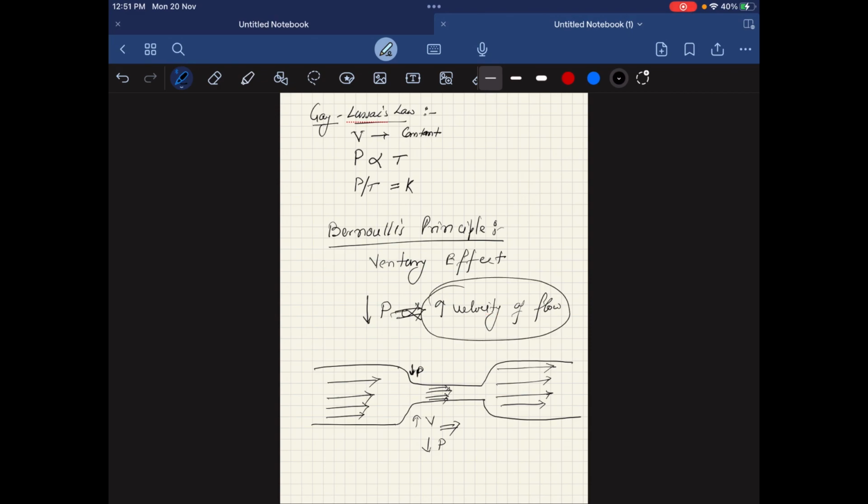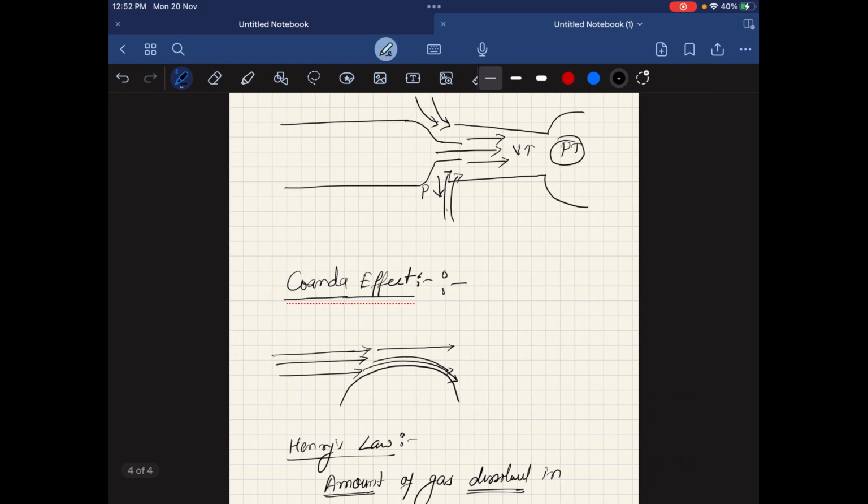So just to remind, velocity of the flow, if it increases, leads to decrease in pressure. It's called Bernoulli's principle, being used in venturi device to give a constant flow of gas to the patient, not depending on the respiratory rate or tidal volume of the patient. So the main thing is that it leads to fixed gas delivery,